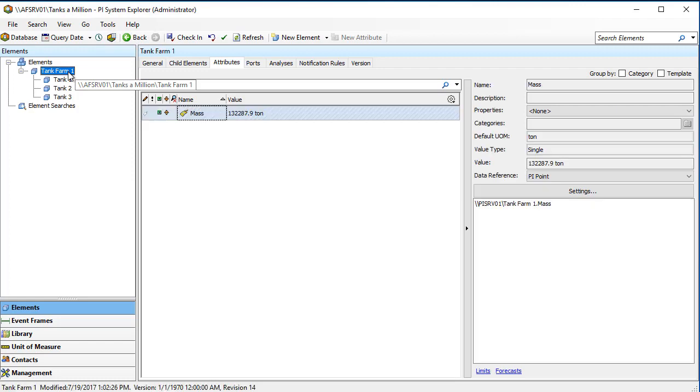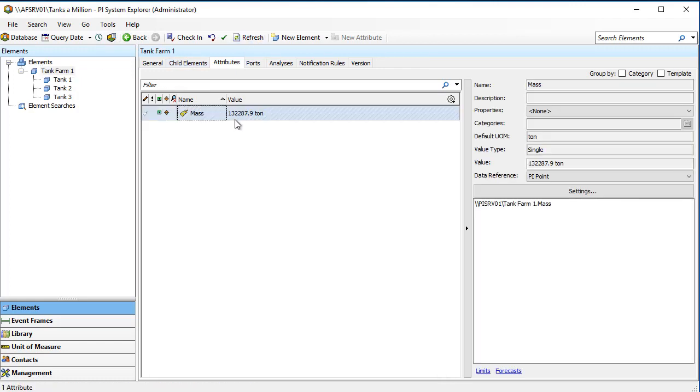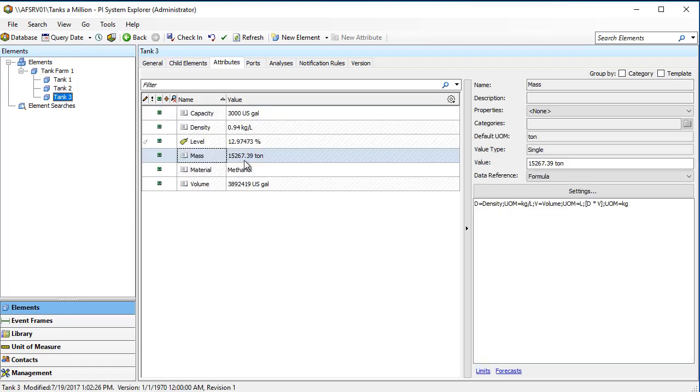But as you would see now, the tank farm measurements, if we wait, we're going to see this number jump up dramatically from 132,000 to something much bigger. As you see now, I've got about 15,000 more in there. And if we jump over to tank 3, lo and behold, we have around 15,000 tons. So looks like we're in the right ballpark.